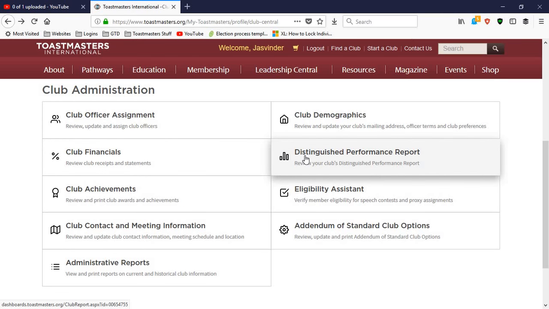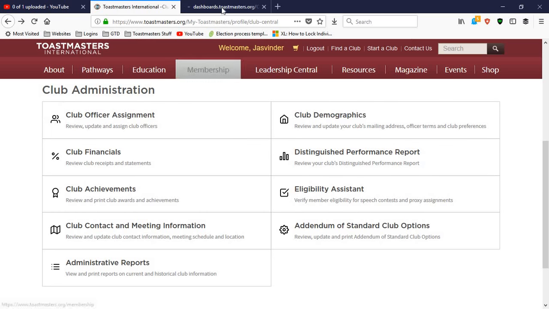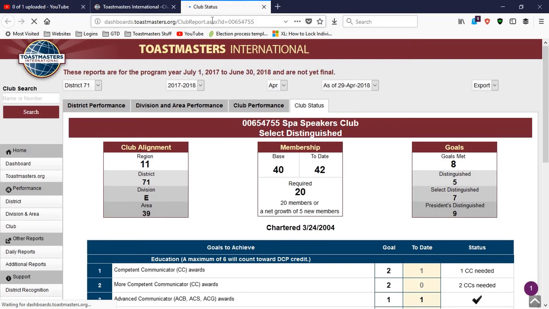Distinguished Performance Report. I can't stress how important this particular link is here. Sear this into your memory. Burn it. Distinguished Performance Report. This is the official record that Toastmasters International holds about us as a club in terms of our progress towards achieving the President's Distinguished Award, which is when we get 9 or more points on the Distinguished Club plan,